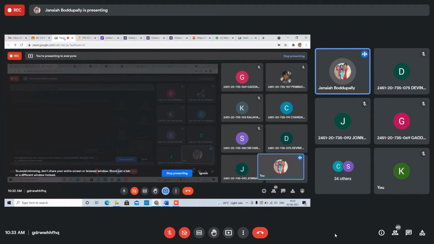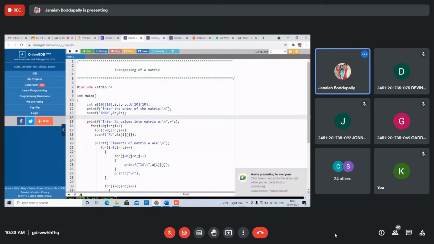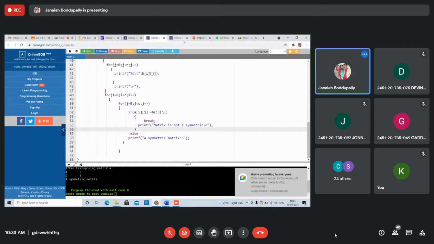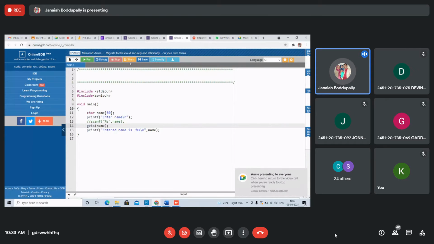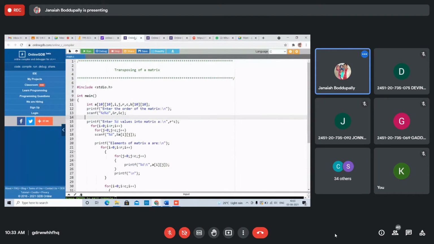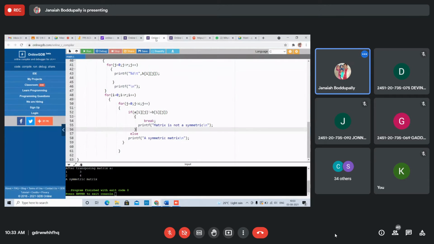The sum of the diagonal elements. I will change this. Sum of the diagonal elements. Understood the transposing of a matrix?